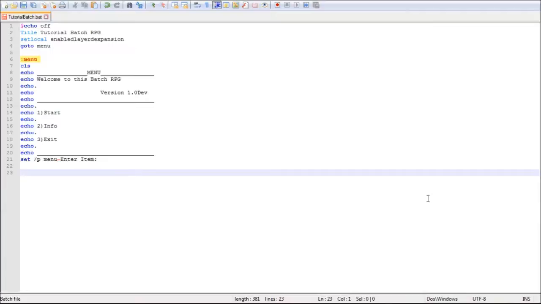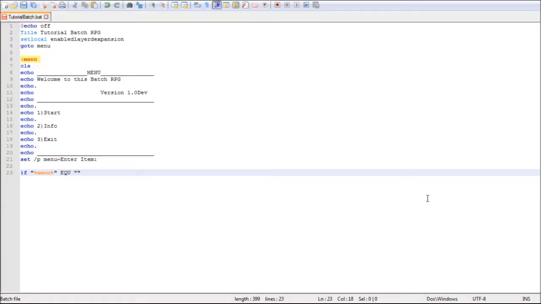Anyways, we're gonna type in something like this. If, and then you want to do a set of apostrophes, and then 2 percent signs. And you're gonna type in menu. So this is where EQU, or equals,